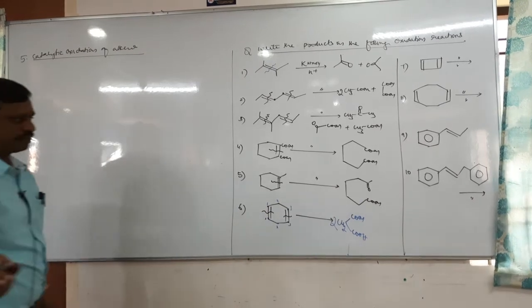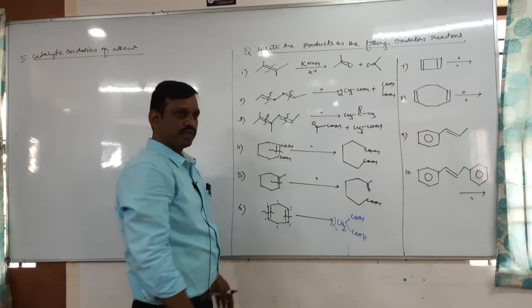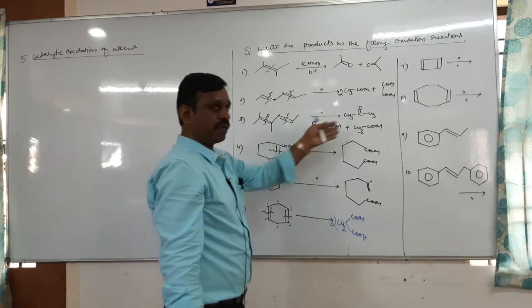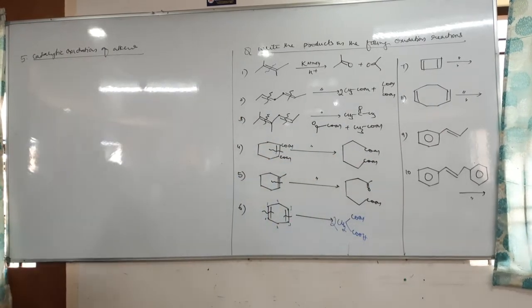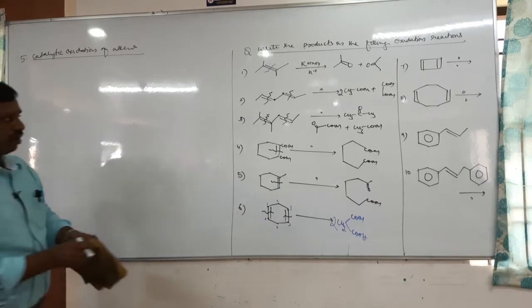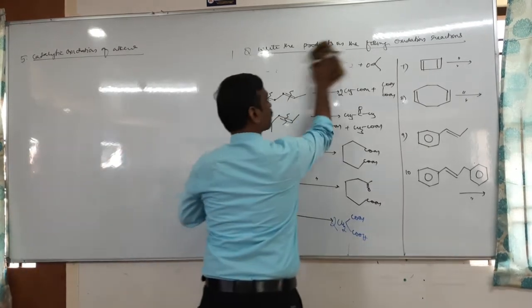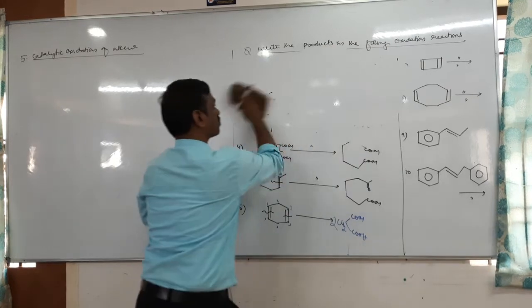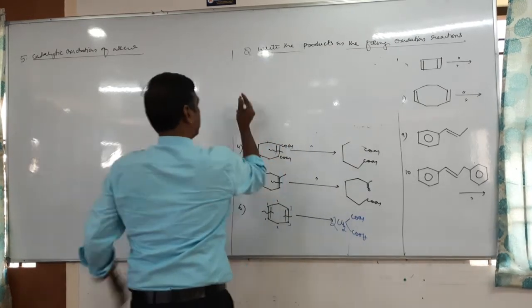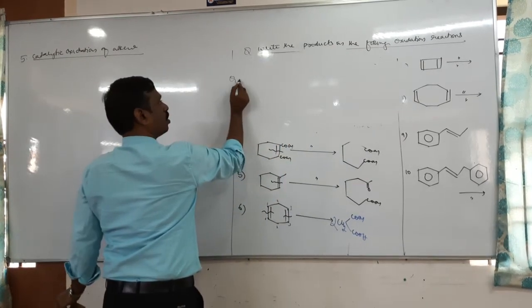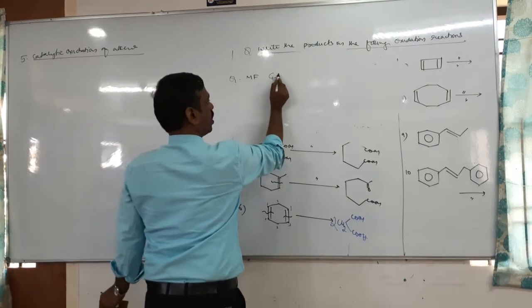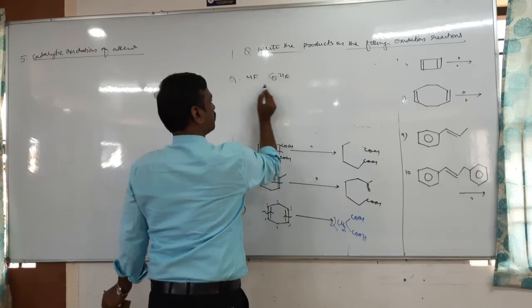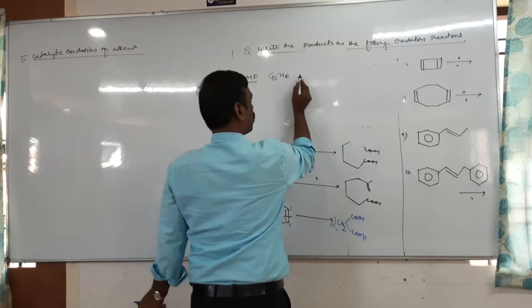See here, sometimes the questions are like this. By giving reactant, they expect product. By giving product, they expect reactant. For example, the molecular formula of hydrocarbon is C5H10 and it undergoes oxidation with